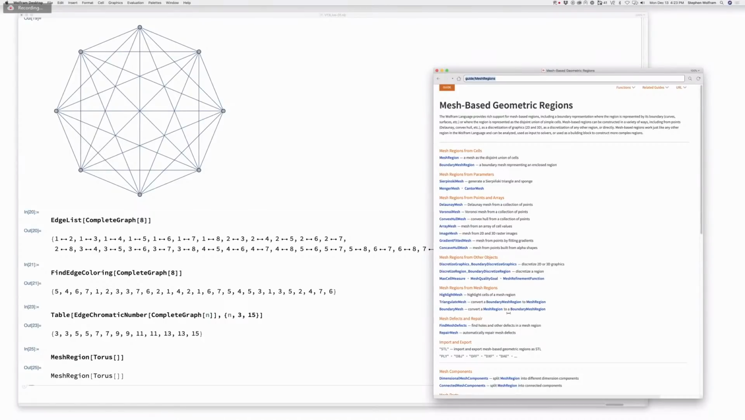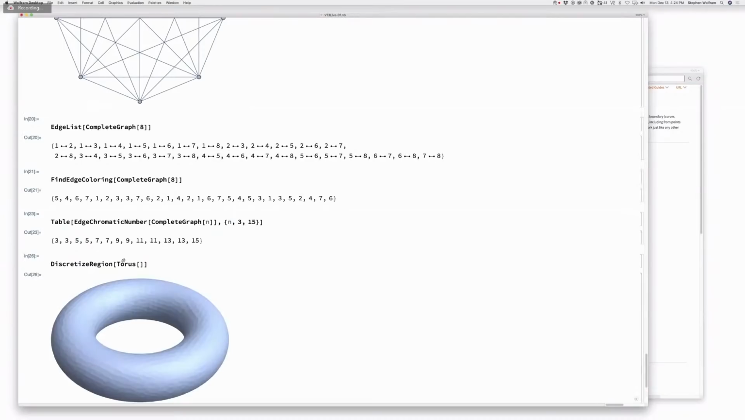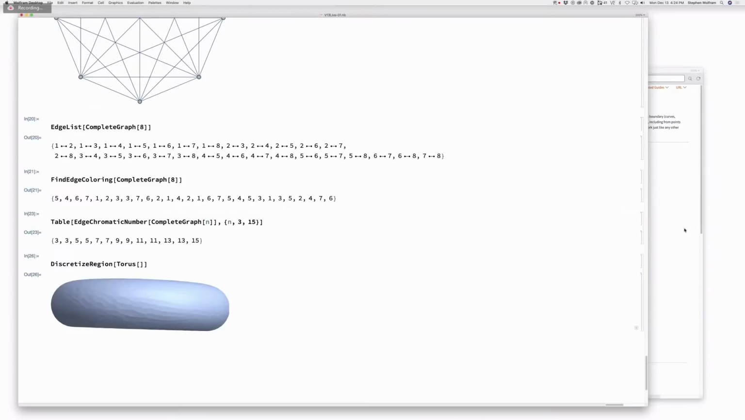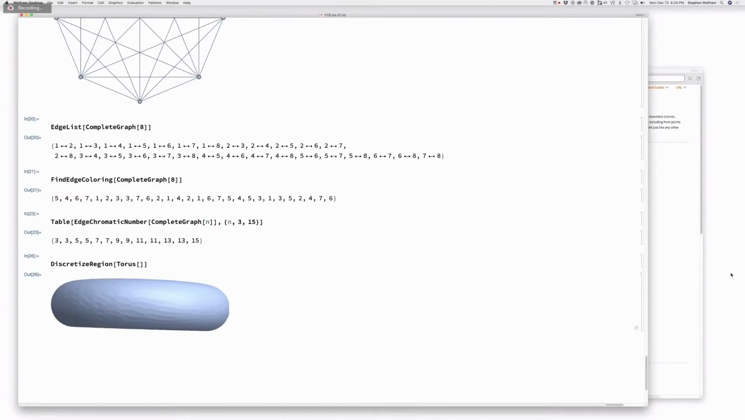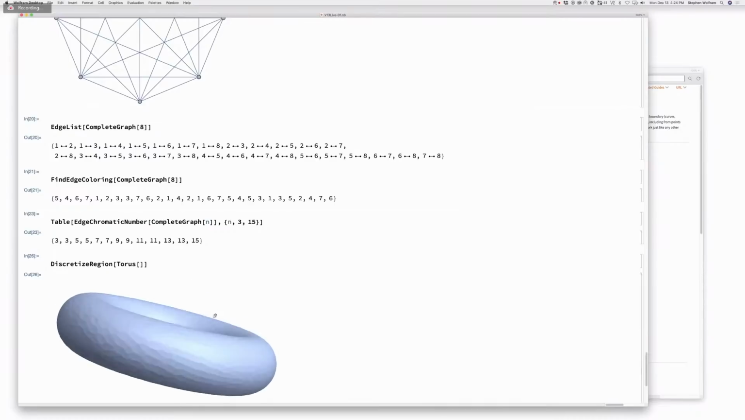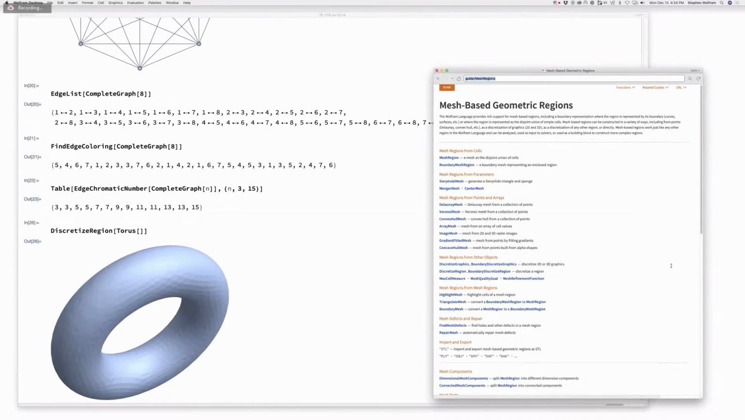Okay, so I want to discretize a region, and then I want to find the, okay, so let's say I say discretize region for my torus. Okay, so there I've got a torus. And now what I wanted to do, I'm living very dangerously here, because I wanted to see whether I can do a coloring of the graph that is on this torus,